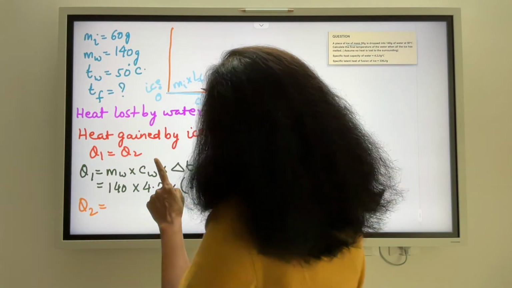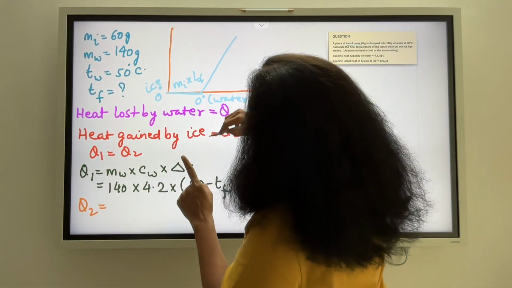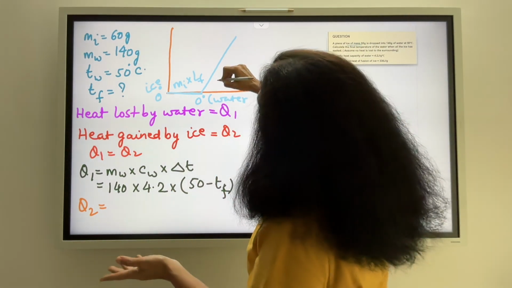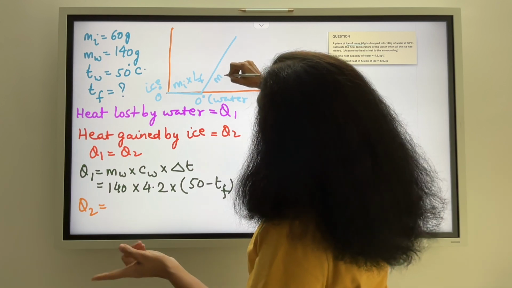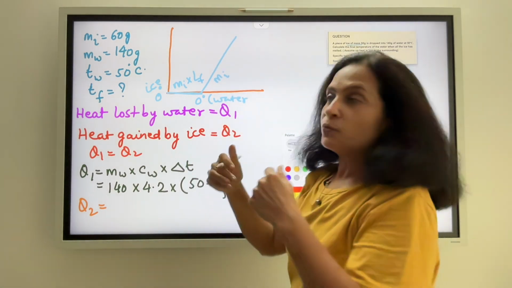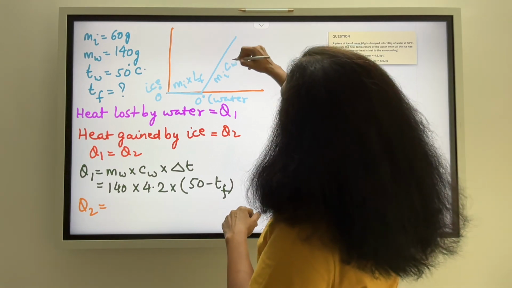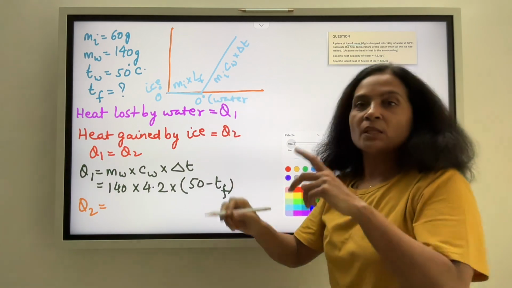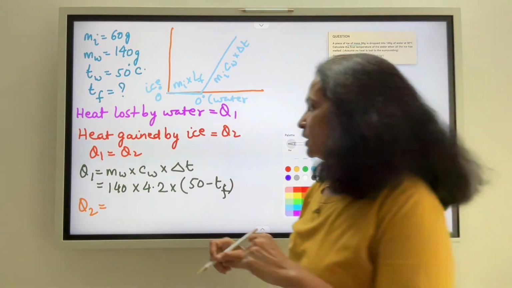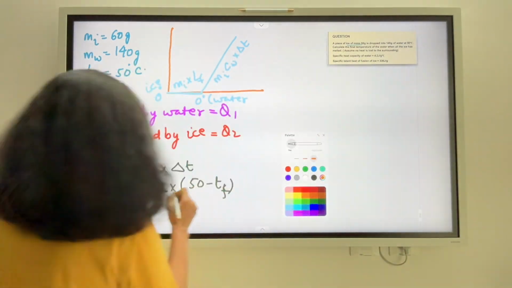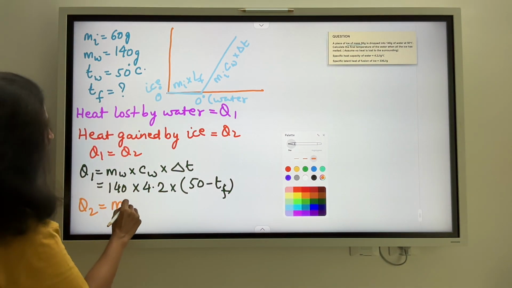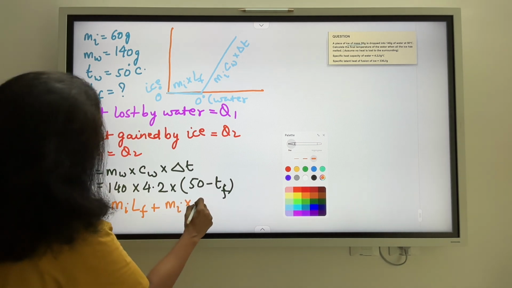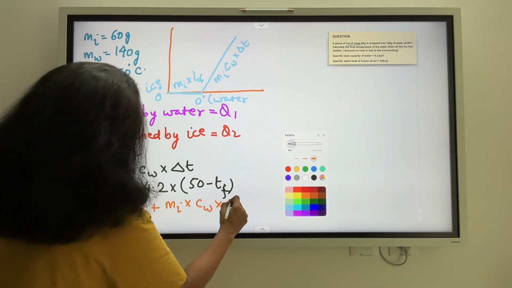Now this water at 0 degree is showing a rise in temperature by further absorbing more heat energy, and now the mass of ice, which is now the mass of water, into specific heat capacity of water into the del T. So in those stages the ice has been absorbing energy. So how do we write this then? So Mi into latent heat of fusion plus Mi into specific heat capacity of water into del T.